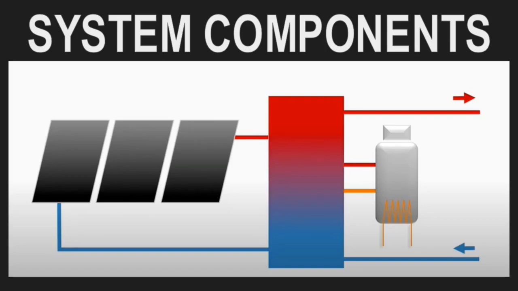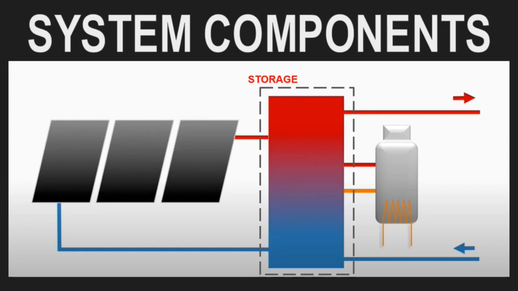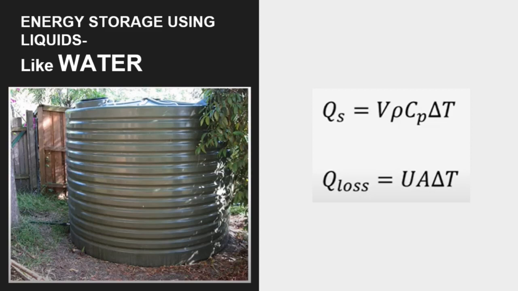Moving on, let's talk about the next component in the system, that is storage. Storage is a very important factor of the system, because it decides the cost of the system, and it majorly decides the plan or the idea of the plant or the apparatus to be set up. The solar heat energy would be stored in various mediums, like liquids, maybe solids, and also in phase change materials. So talking about liquids,